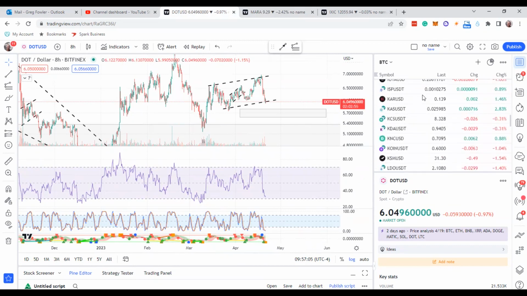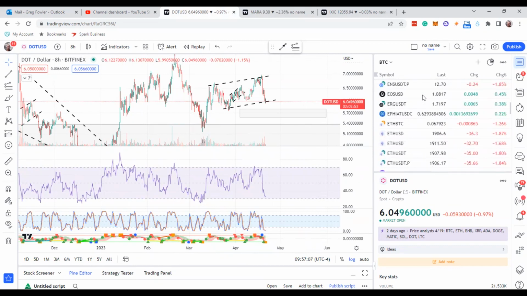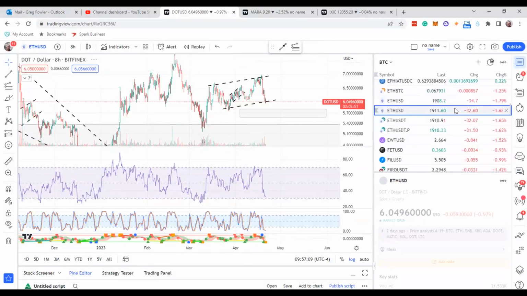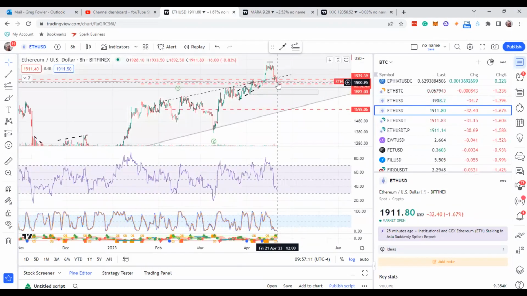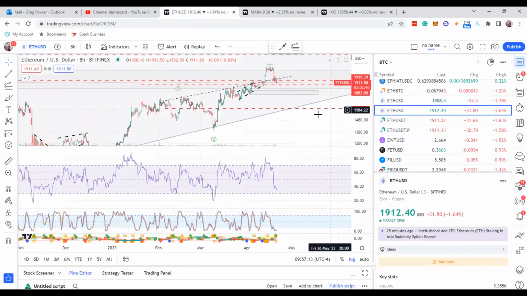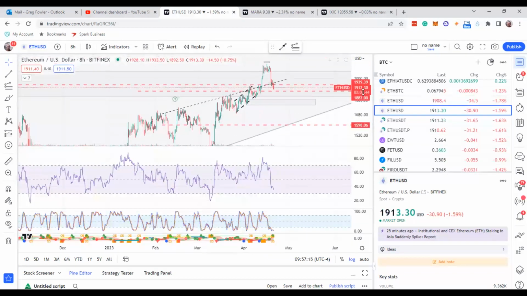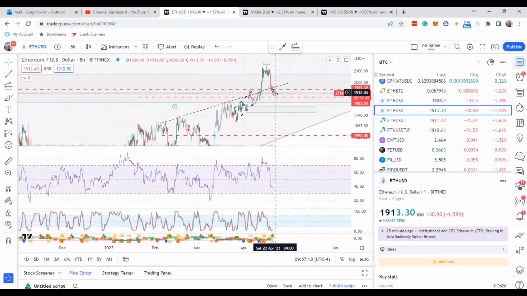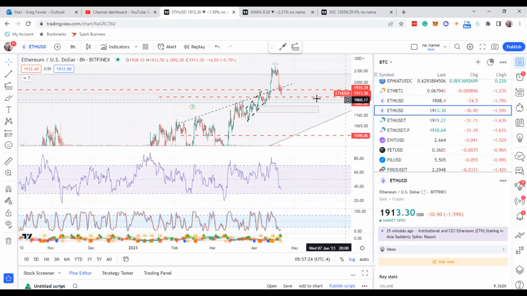So the same thing with Bitcoin and most likely Ethereum, guys, too. So I'm looking for a bounce probably in this area with Ethereum. It can come down to 1890-ish too. Looking for that. I want to see what it's going to do over here. And then is it going to be a 3-wave swing and then another swing back down for Ethereum? But I'm expecting something over here for a bounce, guys.